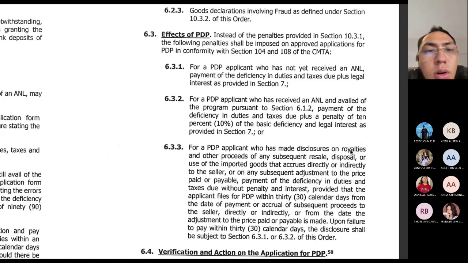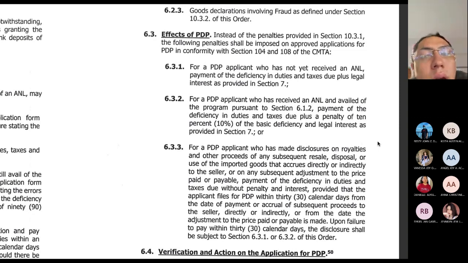Effects of prior disclosure program. Instead of the penalties provided in section 10.3.1, the following penalties shall be imposed on the approved application for PDP in conformity with sections 104 and 108 of the CMTA. Subsection 6.3.1, for a PDP applicant who has not yet received an ANL: payment of the deficiency in the duties and taxes due plus legal interest as provided in Section 7. 6.3.2, for a PDP applicant who has received an ANL and availed of the program pursuant to Section 6.1.2: payment of the deficiencies in duties and taxes due, plus a penalty of 10% of the basic deficiency and legal interest